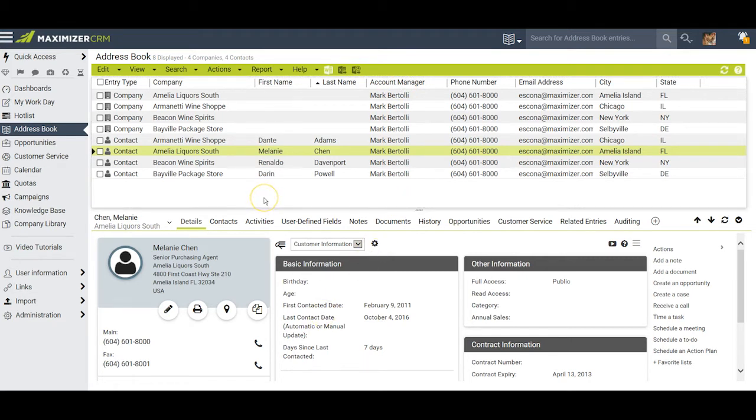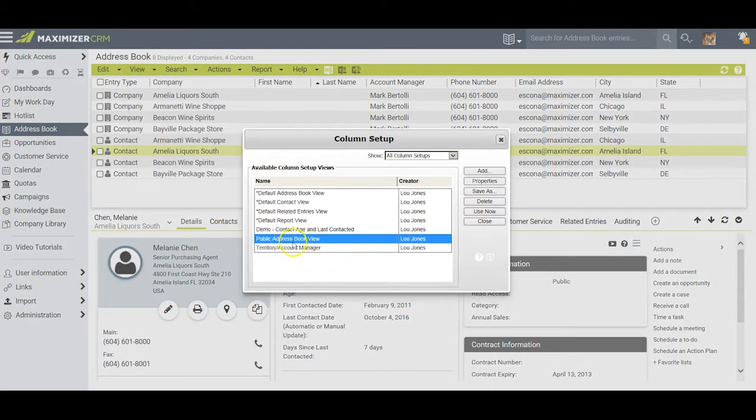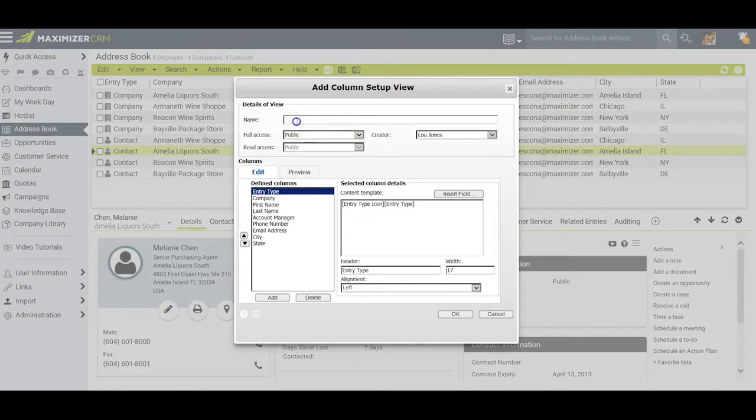If I decide I want to create a brand new column setup, there are two simple ways to do it. Way number one is to click on View, Column Setup, identify a column setup that has many of the characteristics I want, and I click Save As. I give this a name. I'll call it My View,